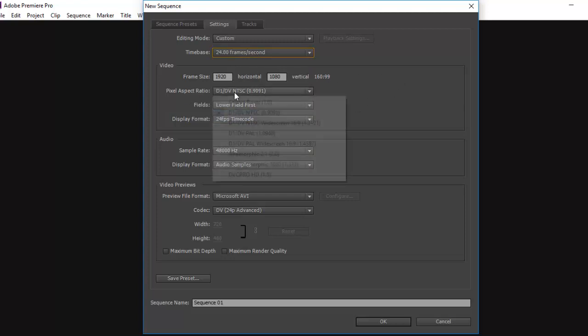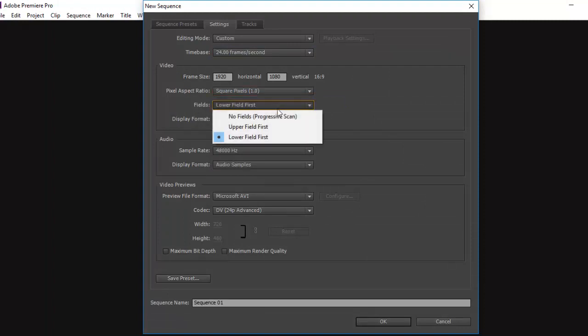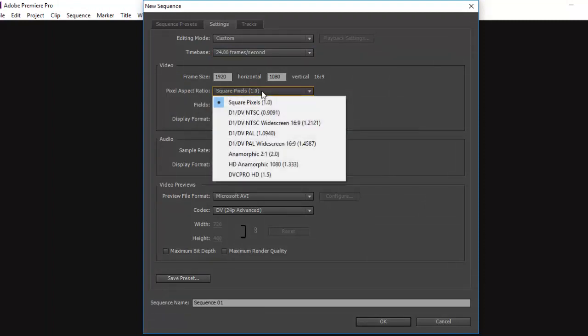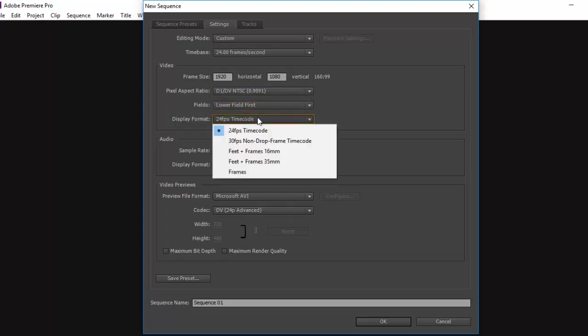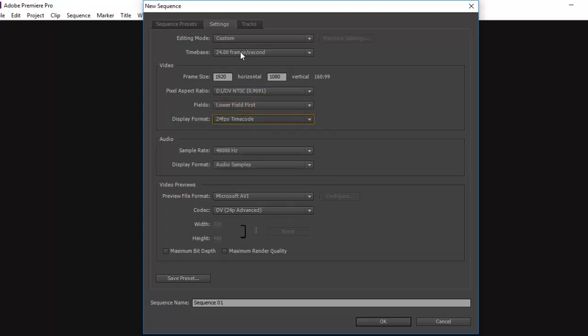And there is a pixel aspect ratio, so I will prefer a square pixel. And there is a field, lower field. If you want, you can leave the settings as they are. Don't change those settings, and fill the lower field like the 24 per second time frames, which I have already chosen